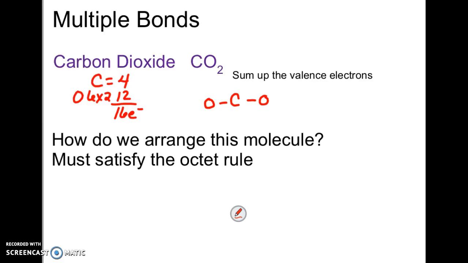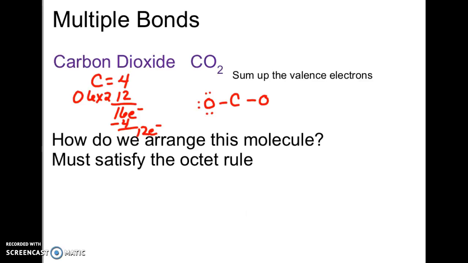When I do that, I have used up 4 electrons in those 2 single bonds, so I now have only 12 electrons left over in order to get this molecule to have an octet. Every element has to have an octet. So now I'm going to complete these in pairs. I'm adding pairs of lone electrons, and I'm going to add them first around the oxygen atoms. So the first one here is going to be oxygen. So there's 2, and then there's 4,